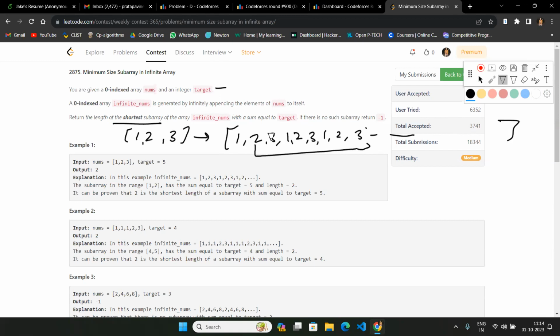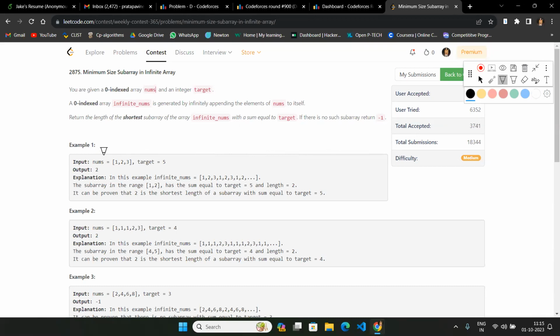If you do brute force, like appending the array and then searching, we cannot do that. So what will be the logic? First of all, look at it like this. Whatever subarray you take, let's say from i to j, if its length is greater than n, where n is the length of the array,